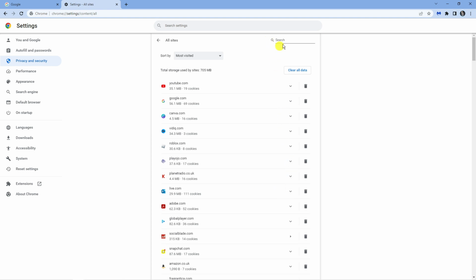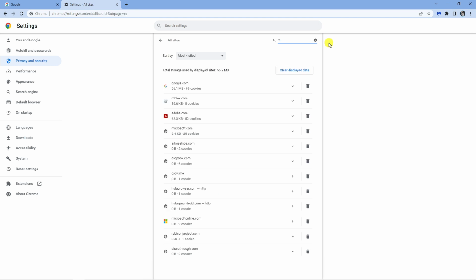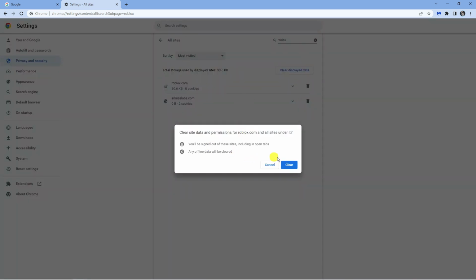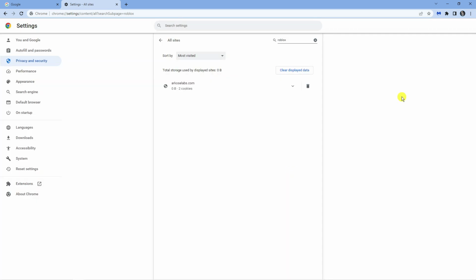And at the very top, you're going to see a search box. So what you want to do is click onto this and go ahead and type Roblox. And you can see we got roblox.com here. Now what you want to do is click onto this little dustbin, this trash can next to it to delete the data from here. Go ahead and click clear. And that's going to clear that data. So what you want to do after this is go ahead and restart your PC. Once you've done that, go ahead and load up Roblox, and this should now enable you to play without experiencing